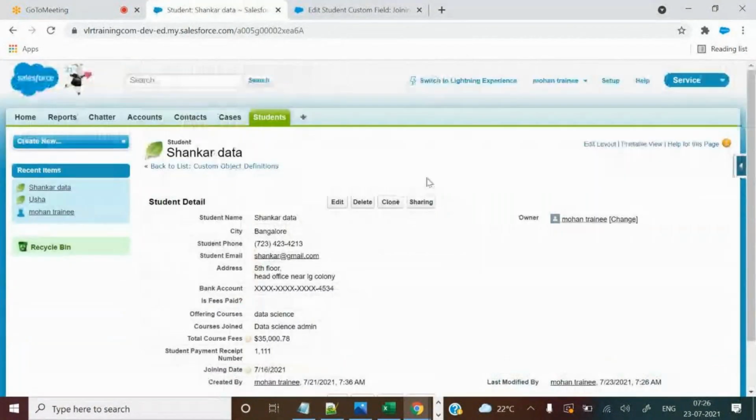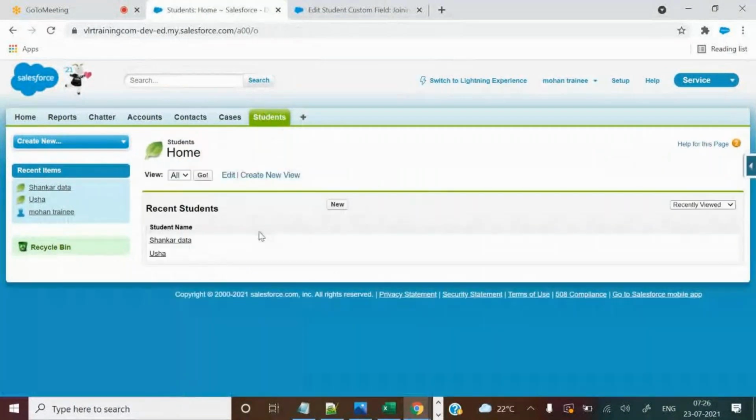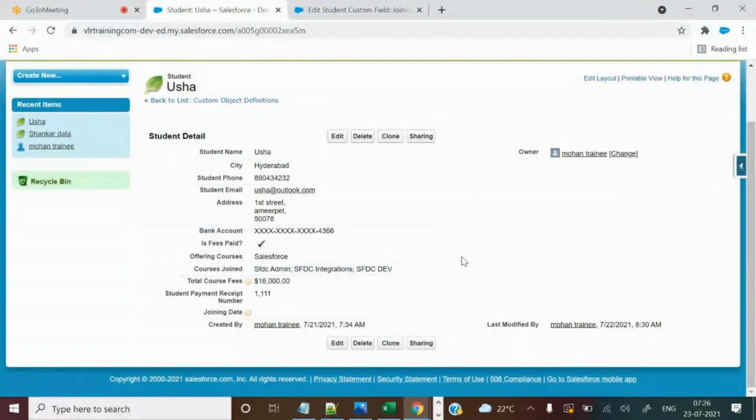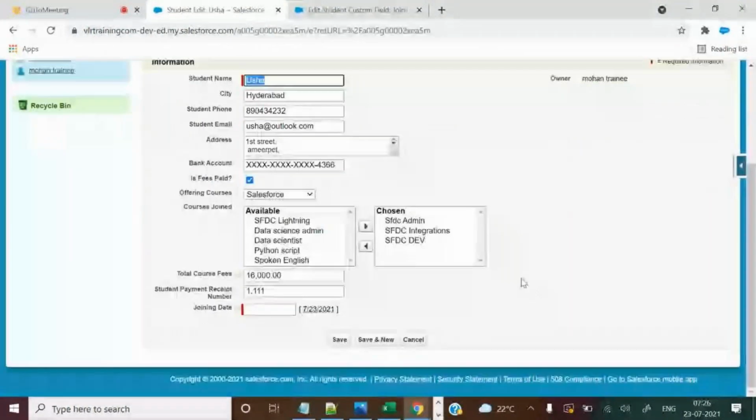And now few people might have a question, sir, what about already existing data? Here why are we not getting any error? The thing is you have not updated this record. It's a previous record you have not updated. If you try to update now, definitely you should enter a value.